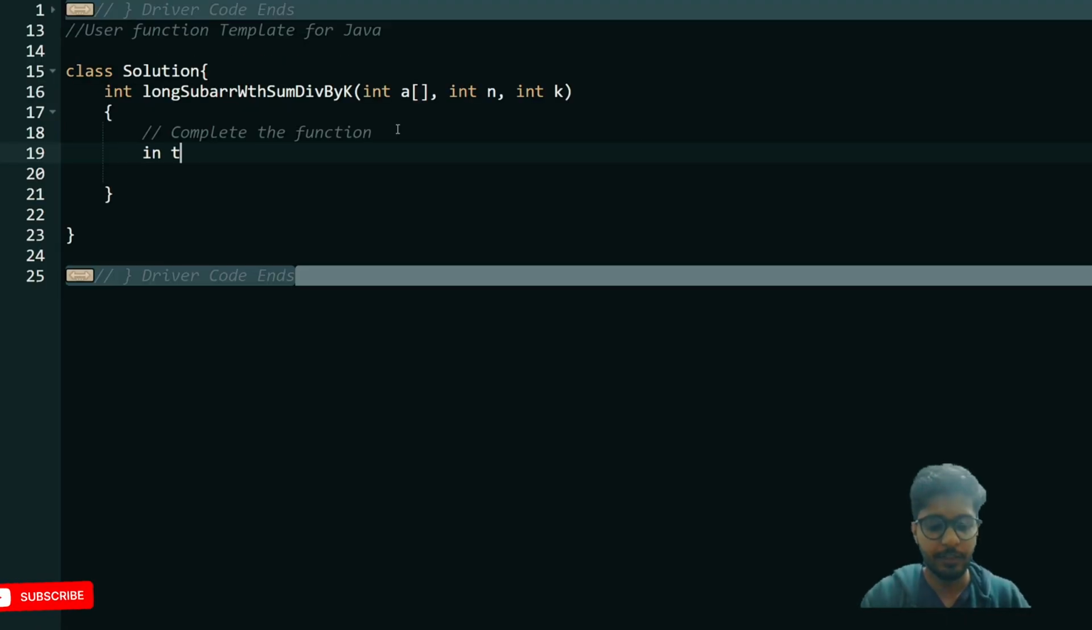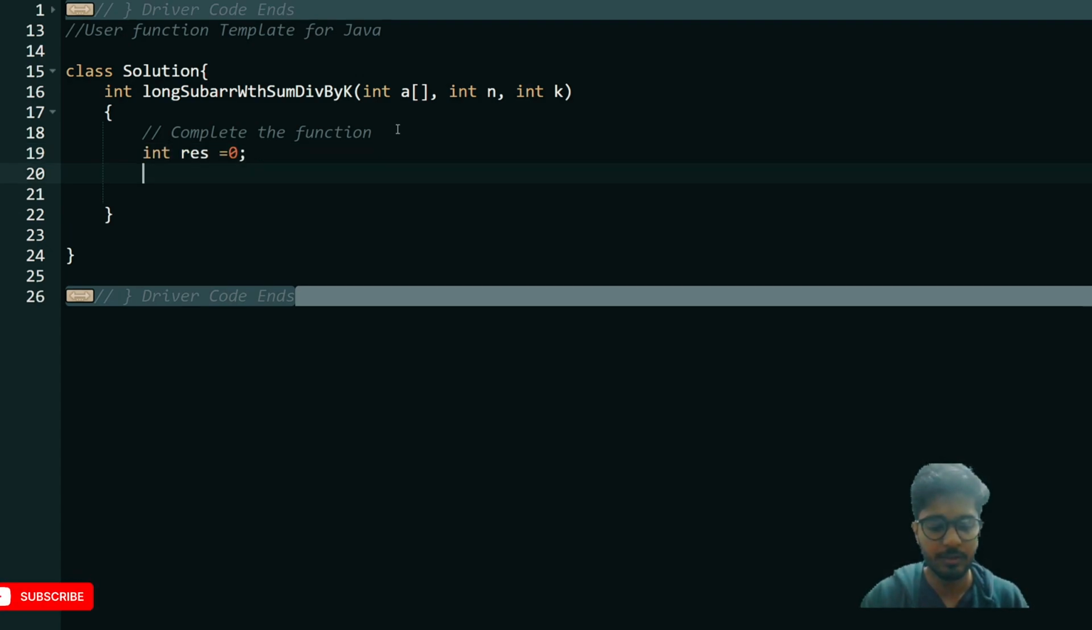So let's take a variable which will store our final result. Int res is equal to 0. Now to store the remainder and the indexes by which we can see whether we have encountered a certain remainder previously or not, we can take a hash map. In the hash map, the key will be the remainder and the indexes will be its values. So let us name it sumRemainder,